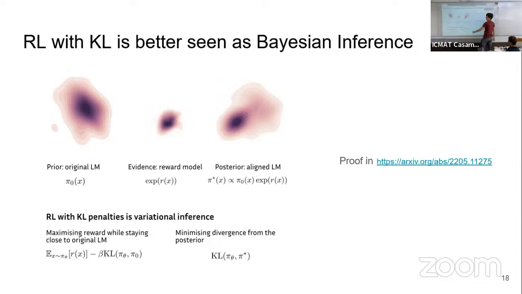Okay, so if this is a prior and this is the likelihood, we can define some kind of posterior in which the mass of generations is now more focused towards the likelihood, because we want to sample in the areas where the reward is more positive. Of course, we need to normalize that, but this is okay. So in the end, we want to get this model. The problem, as you know, is that this is not feasible because it's Bayesian inference, so we have to compute the normalization and that stuff.